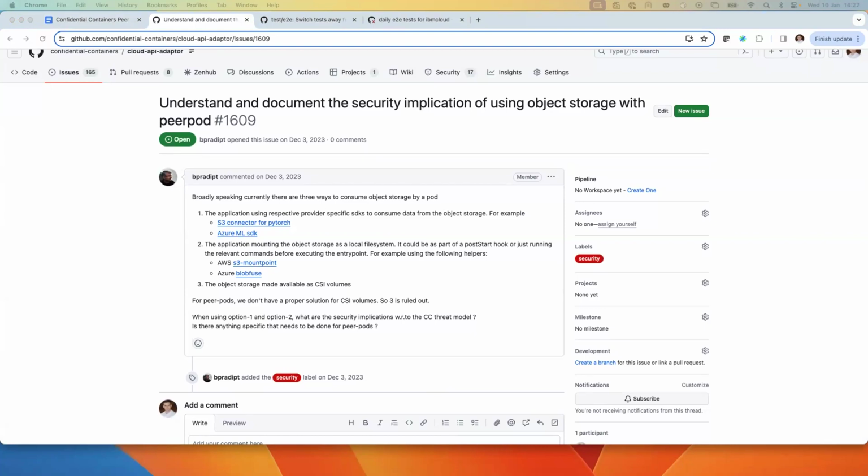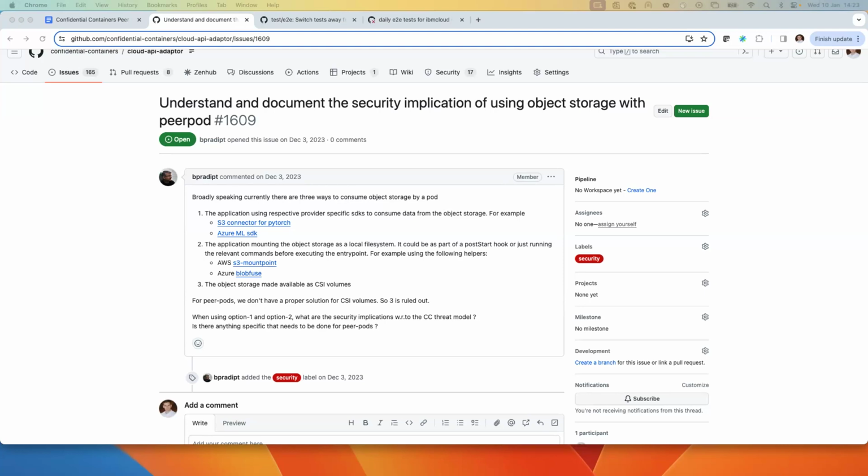Yes. So this has come up again in some other context. We know we have some CSI solution, but not a proper one, for lack of better words. When people are deploying LLMs, the large language models and other foundation models, which are pretty big, those are typically kept in S3 or blob storage. And then there is also data that is stored in object storage.